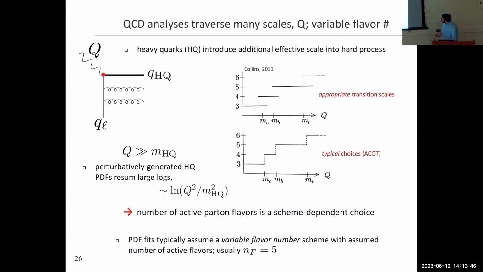Something I wanted to at least give you some idea for, though this would be its own talk, is that there are not non-perturbative, but perturbative contributions from heavy quarks that are a very important subtlety in doing these fits. That's because QCD analyses like the type I'm discussing cross over many different scales. They go from the proton scale of GeV all the way up to TeV scale physics for the Large Hadron Collider.